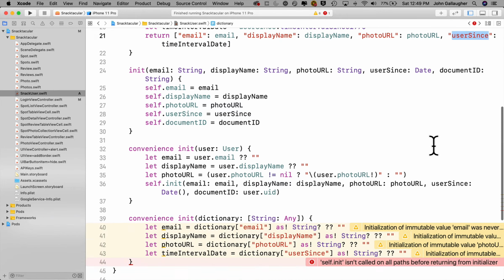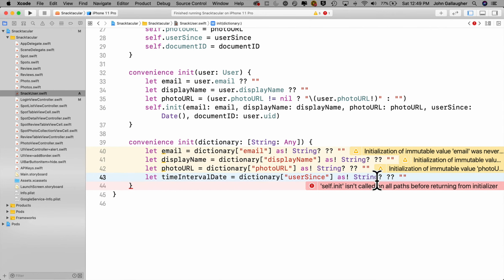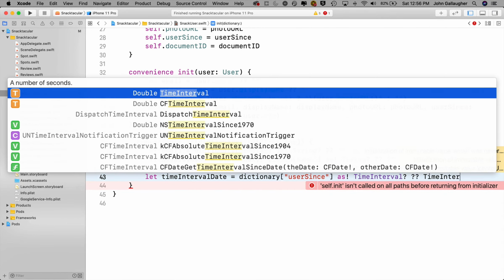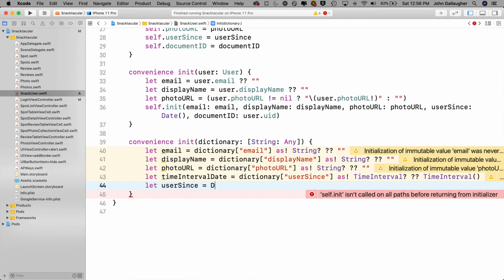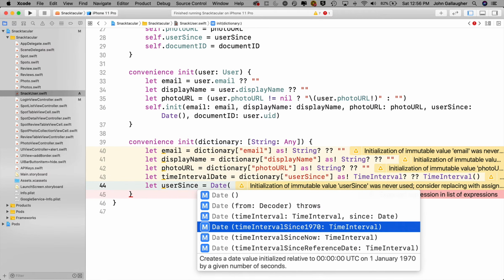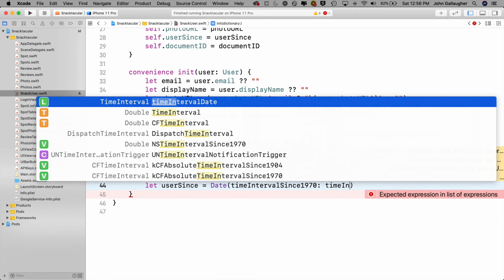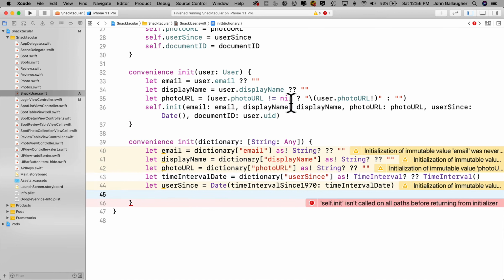That's what you've got to make sure is in between your double quotes. Otherwise, after the as exclamation point, it's going to be capital TimeInterval question mark, and then question mark, capital TimeInterval, open and close parens. Then on the line below that, we'll say let userSince equals capital Date, select the option with timeIntervalSince1970, pass in the time interval date, then we'll copy the call to the base initializer from the convenience